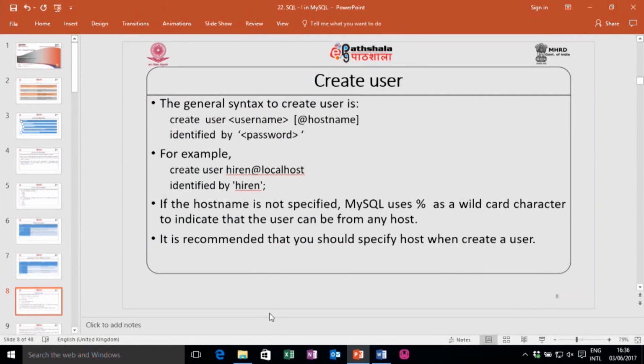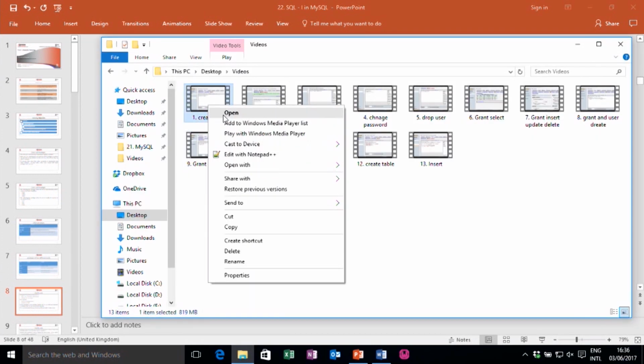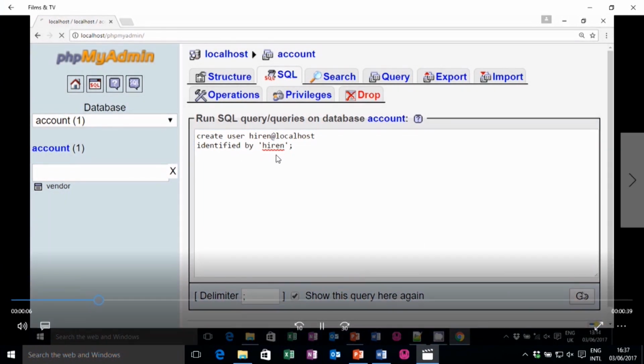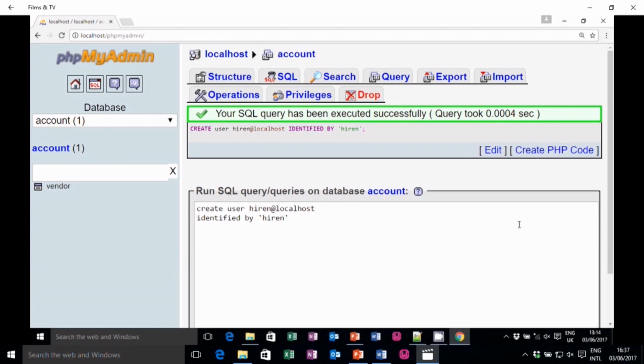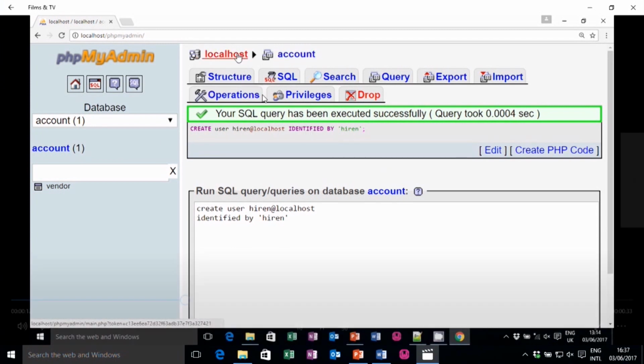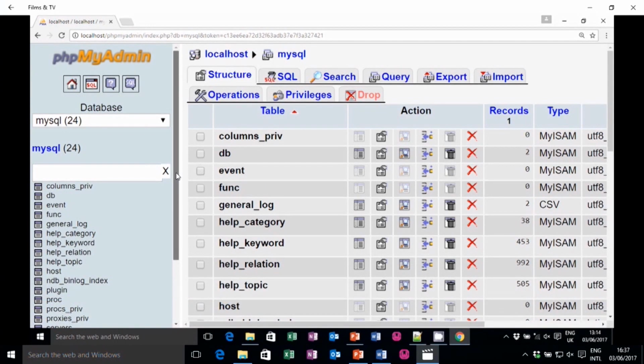I will show you a demonstration of this. Let me show you how a user can be created in MySQL. In SQL I have written the syntax create user Hiren at localhost identified by Hiren, and now press the go button. Here you can see Hiren at localhost is created. You can move to the localhost, and in localhost there is a MySQL database.